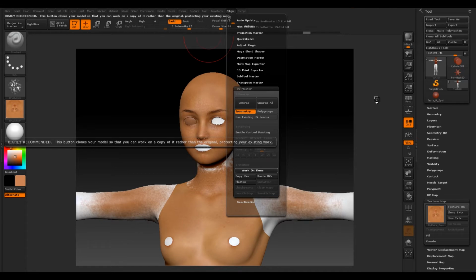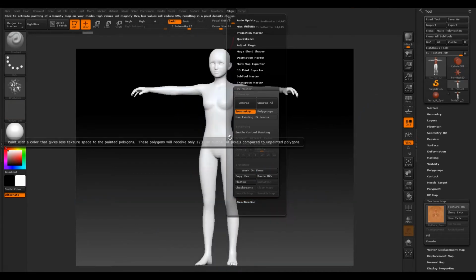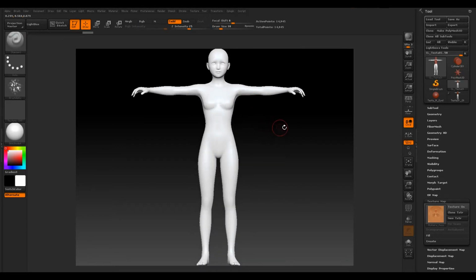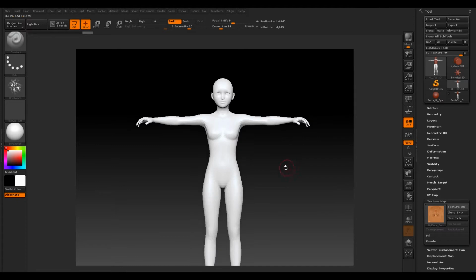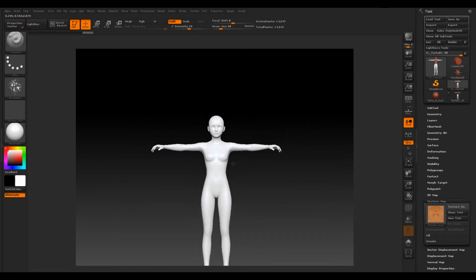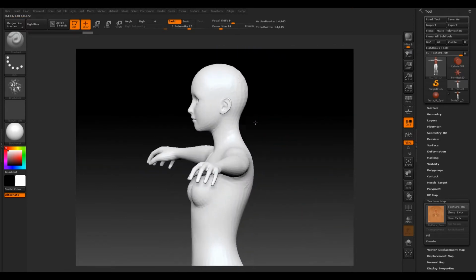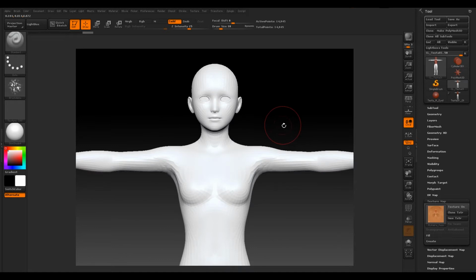Because right now, ZBrush is going to take a minute to create a 15 million polygon clone. No, it's just taking forever to create a low subdivided clone, which is kind of interesting. I didn't think it would take that long to do that. But either way, this is our original DAZ mesh with its